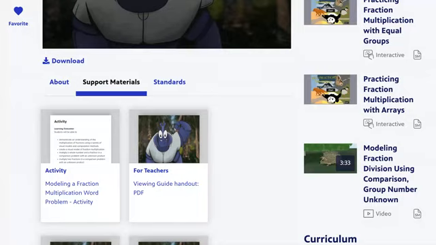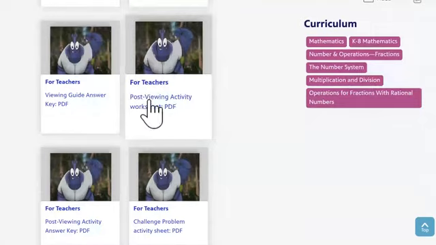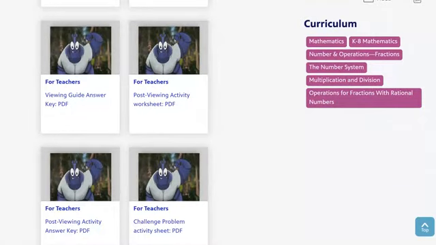Well, I can't find the right button. And here's the post-viewing guide activity sheet. And this is what I really like because it asks you to solve that challenge problem using the method that they showed you in the video. But then it asks you to go down and solve the challenge problem in several different ways and draw a model. You can make your own model of how to do it. So I really like that. It kind of teaches them different ways to solve the same problem because not all kids think alike.